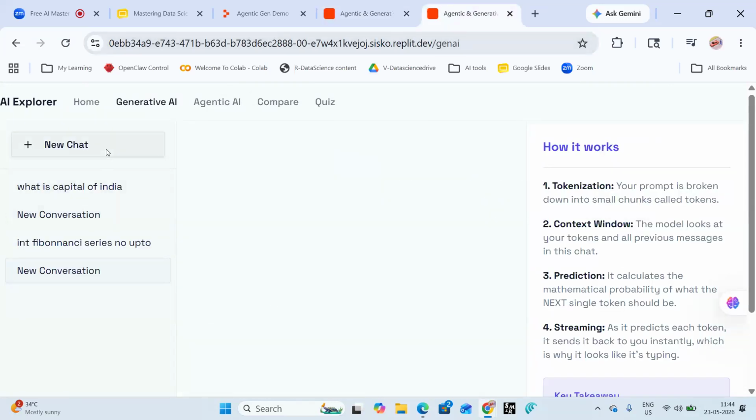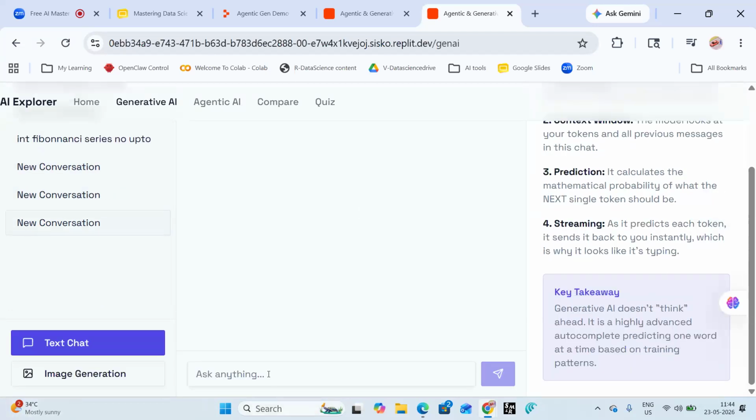So let's try generative AI and see what it is doing. I'm going to click on the new task, a new chat, and this will be pretty slow, guys, since we are using a free tier. If we purchase, it will be faster. New conversation, it will come, but very slow. Okay, so it just loaded. Ask anything, whatever you put into ChatGPT or something.